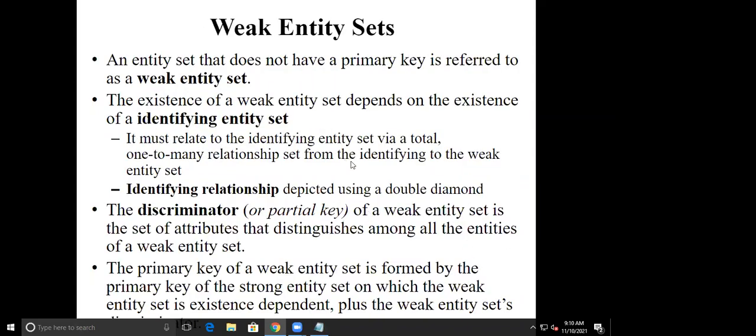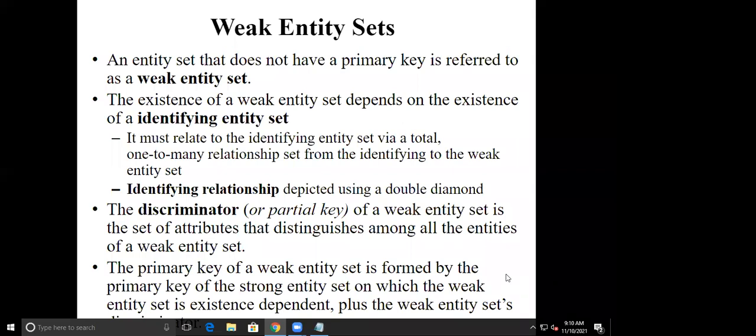Partial key of the weak entity is the set of attributes that distinguishes among all the entities of a weak entity set. Okay, the primary key of the weak entity set is formed by the primary key of the strong entity set on which the weak entity set is dependent, that is existence dependent, plus whatever the attributes of the weak entity set.